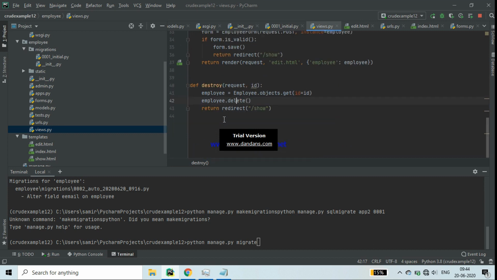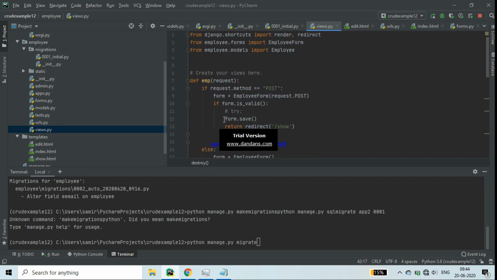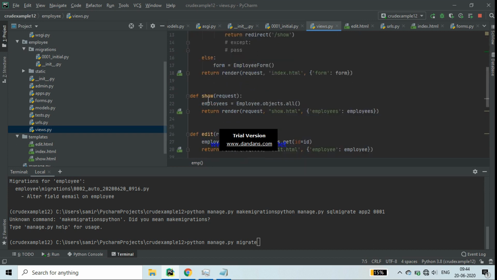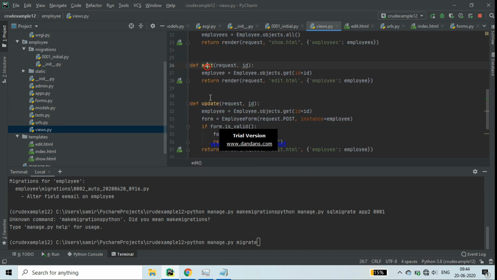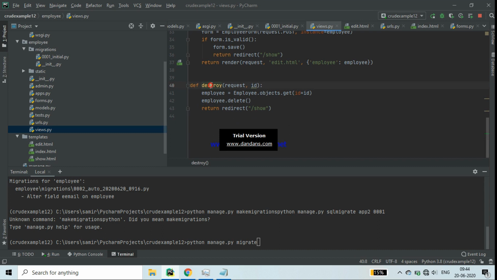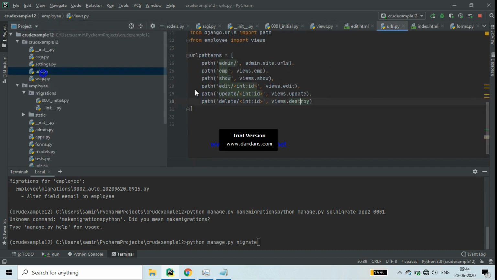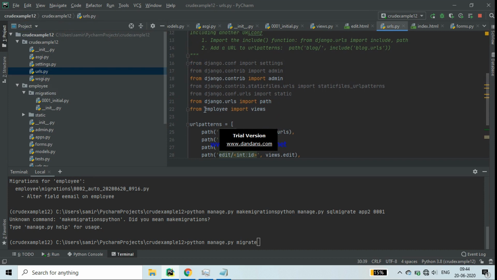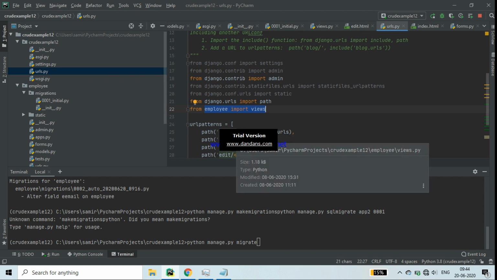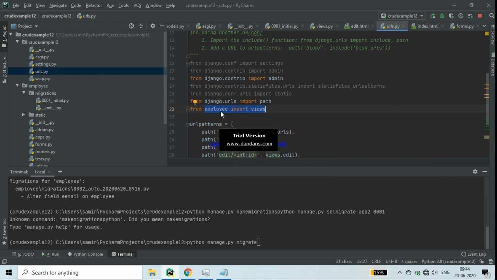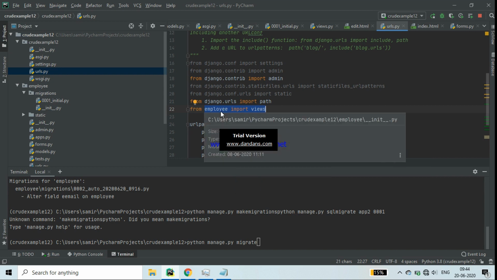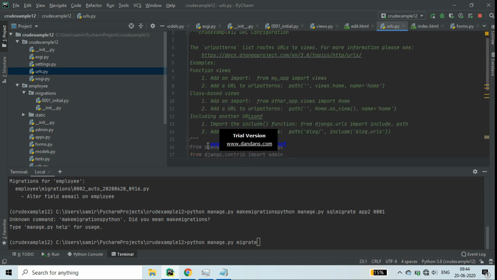In the view the main work has been done, all the actions, all the functions have been defined, all the important functions: emp function, show function, edit function, update function, and destroy function. And in the URL you can see I have called the view of employee, from employee import views. So that view is reflecting there when the first URL of the project is running and it is calling the view of the app employee.